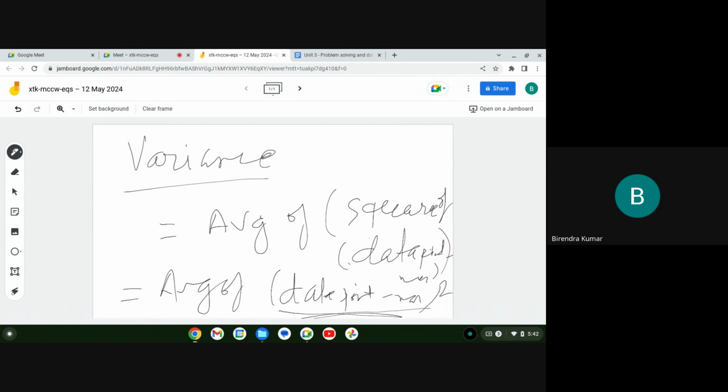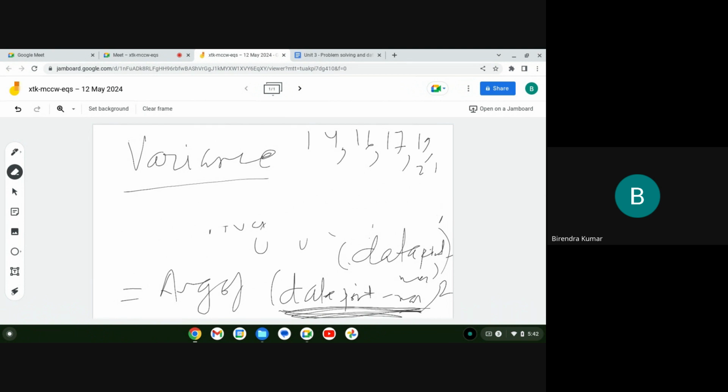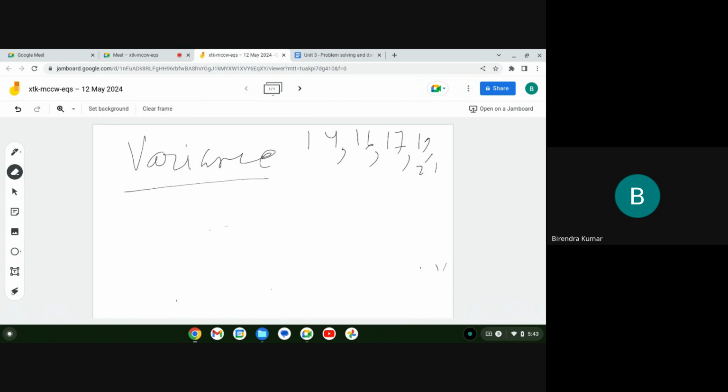So what happens here is it finds the square of the difference of the number and the mean. So let's say we were talking about these numbers: 14, 16, 17, 20, 19, and 21. Let's use this formula for doing the calculation. Let me clear it off. My variance will be equal to this. First thing is I'll have to find out the mean, because, as I said, mean is my building block. This is the same set of numbers that we dealt with, so my average will be 17.4. This is my mean. First thing I'll do is find out the mean. Now variance will be,